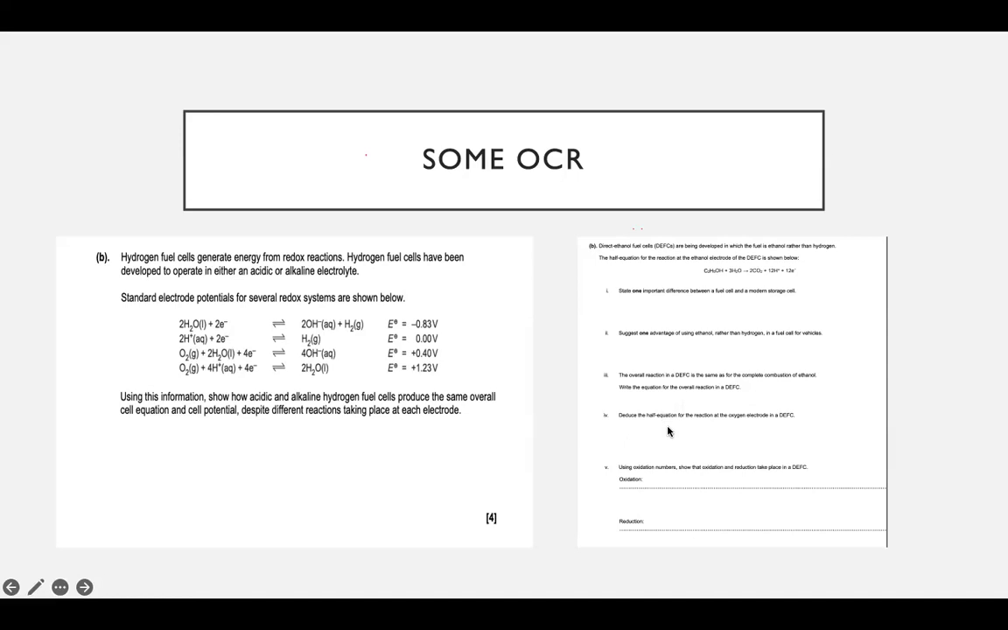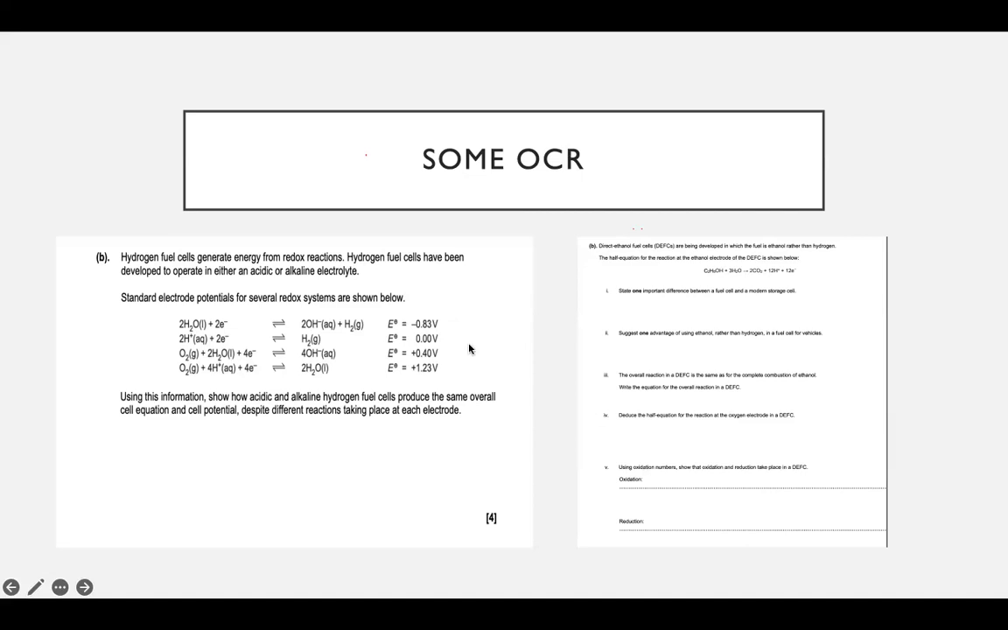Deduce the half equation for the reaction at the oxygen electrode in this. Well, it's just going to be the equation. I think it's the fourth one over here. It's just the concept of the electrons going around the circuit and then reacting with the oxygen to produce the water, like it is here. And then this one's just